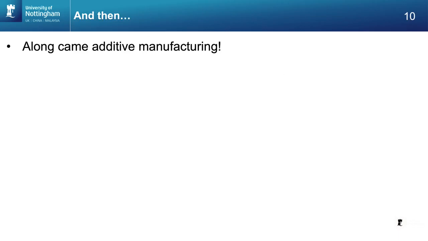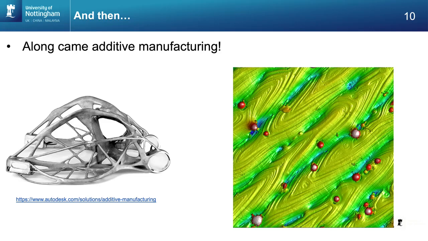And then, of course, along came additive manufacturing, and the complexity of the components got much more difficult. These are just components, there's nothing special about them, except the ability to design with such freedom has meant that the geometrical complexity of the components has increased significantly. On the left you can see the typical types of form that we see with topology optimized components, and on the right this is the type of texture we see. The scale here is that one of these weld tracks is approximately 120 microns across.